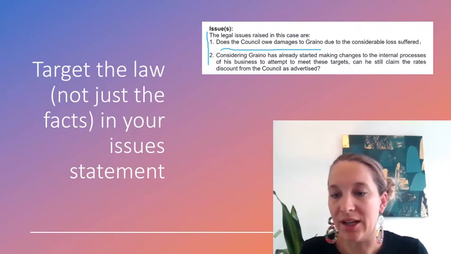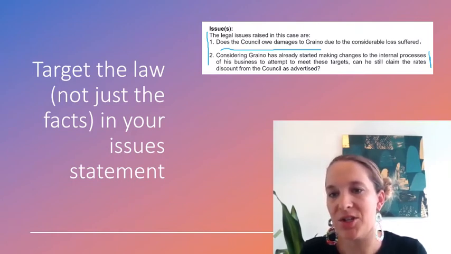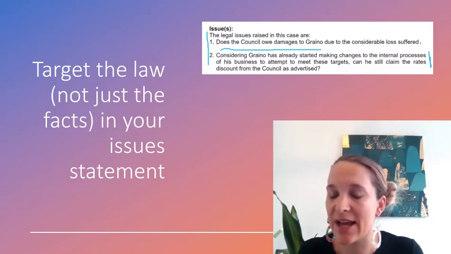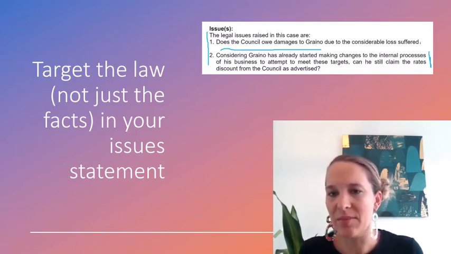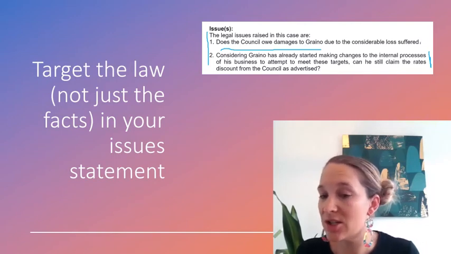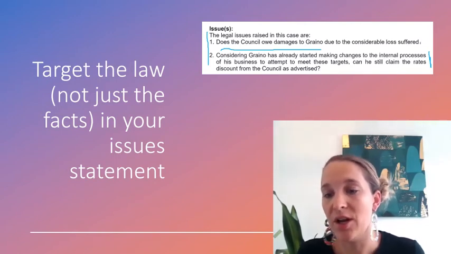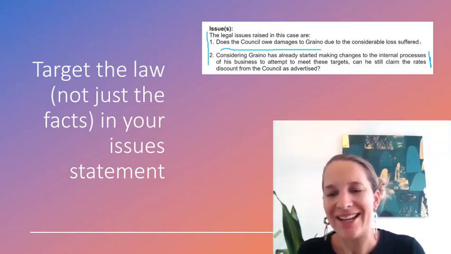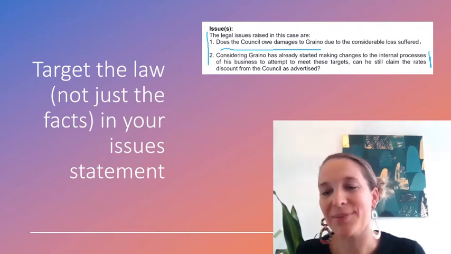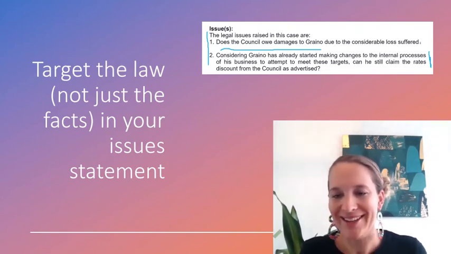And the same with the second example here. So they've got the factual issue of can they claim the rates discount, but at the same time, the student has not made it clear that this is a revocation of a unilateral offer issue. It's not clear from that second sentence or that second question. It's not clear what law they're going to be applying next, okay? So